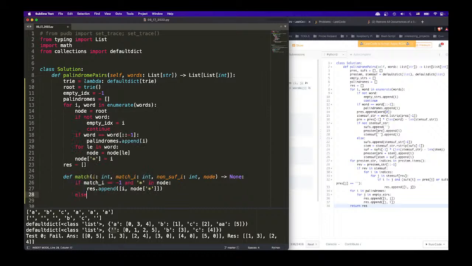Else, match I is larger than or equal to 0. Okay, that means we are actively being matched. Right, we're actively being matched. So what do we do now? We say